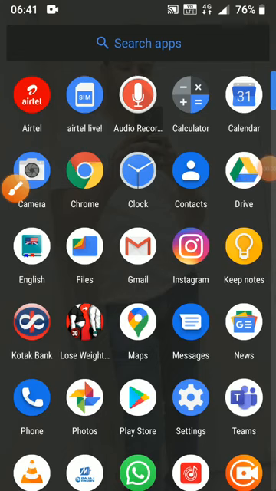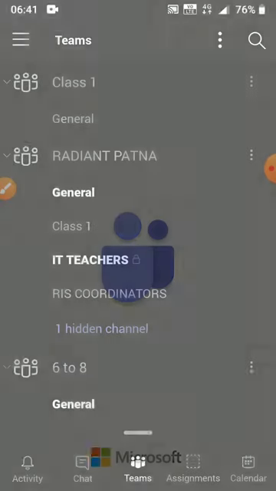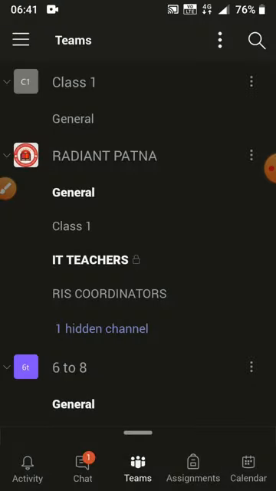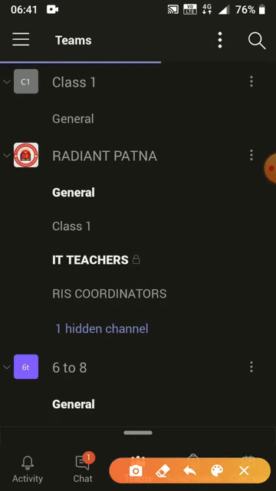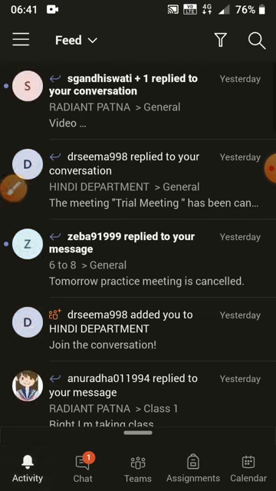Okay, welcome teachers. Here we are going with the basic Teams training on the mobile app. Actually, the mobile platform and the desktop platform for Teams are different. Here, the first thing you can see at the bottom are a few tabs which I want to introduce to you. The first is the Activity tab, which contains all the activity related to you and your profile.